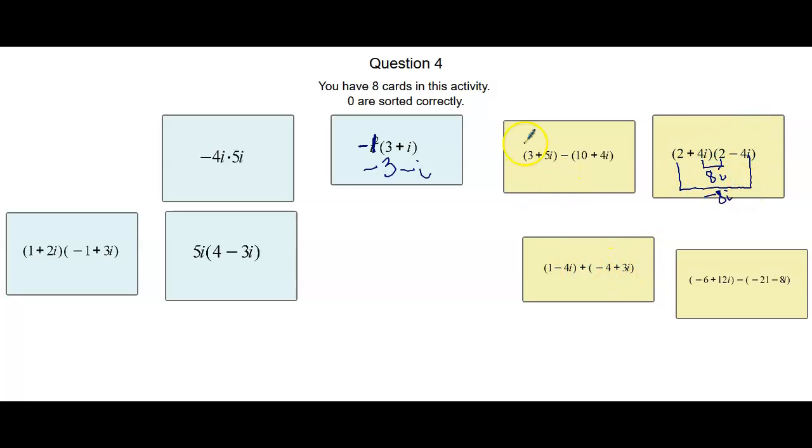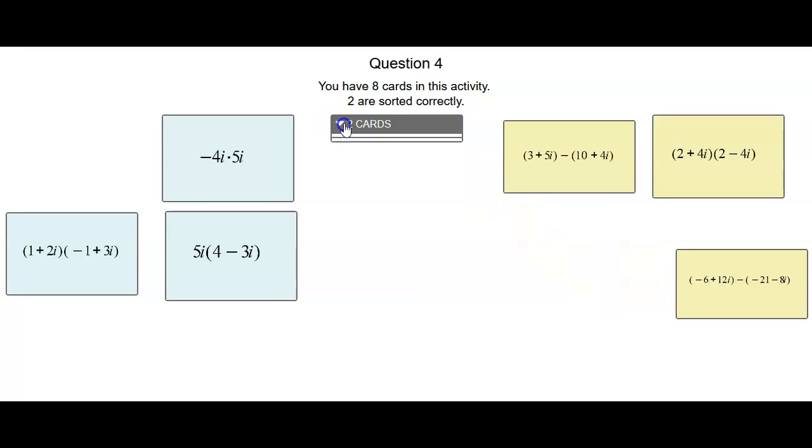Same thing over here. I'm just going to start by adding the real parts. So 3 minus 10 is -7. That doesn't match this right here. So I can eliminate this card. I have 1 plus a -4 is a -3, so this part matches up here. Now I just need to make sure that the imaginary parts match up. So this is -4i plus 3i, which would be -i. So I'm going to match these two together,